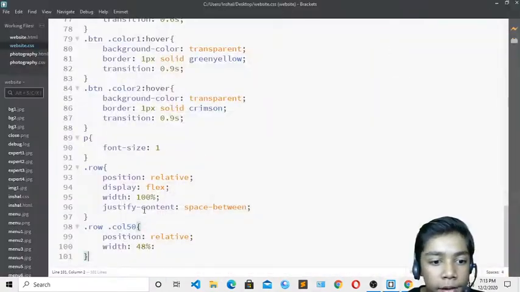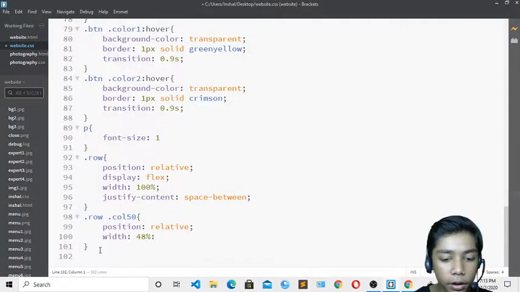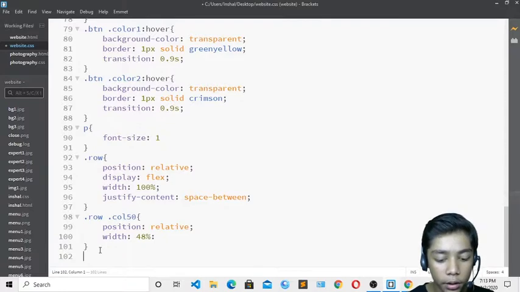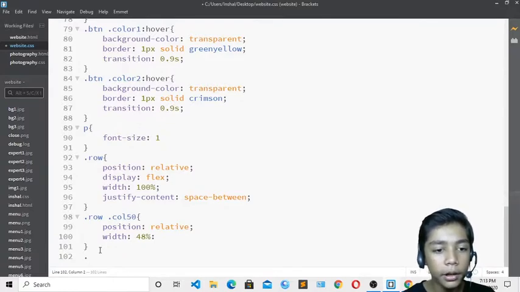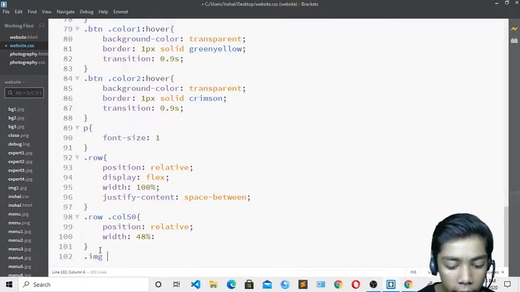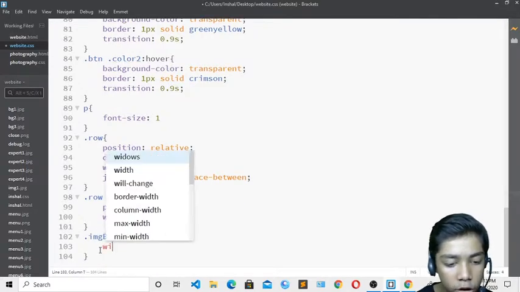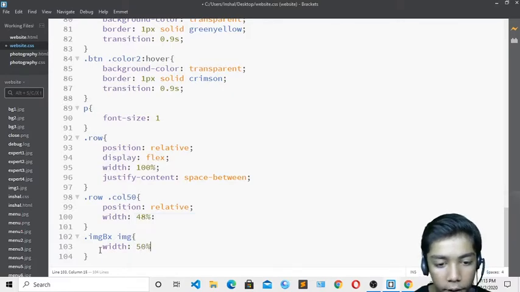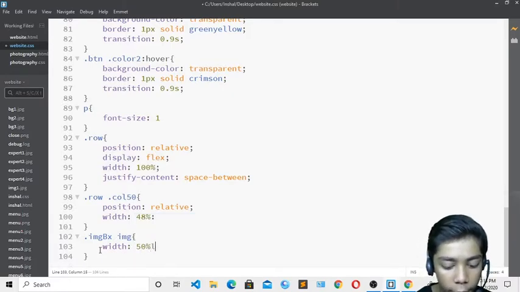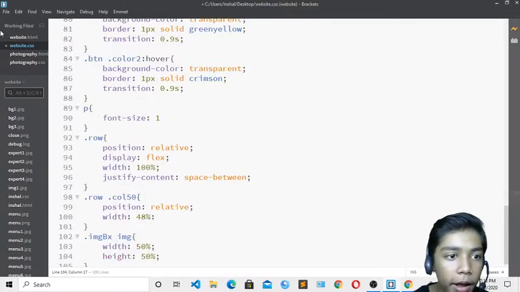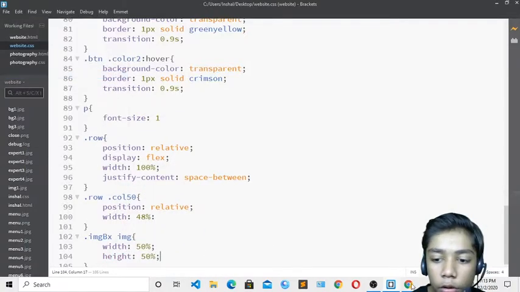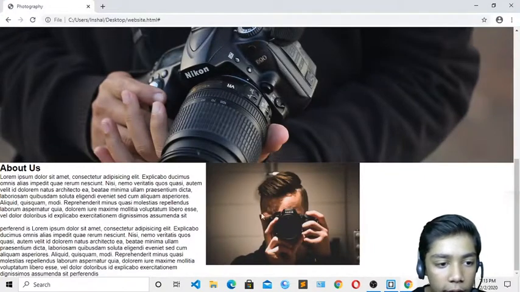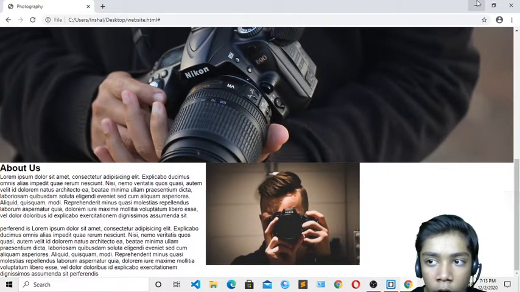I will minimize and write dot image box, and write image, and now my image should have a width of 50%, and height also 50%. If I do like that, save, and show you, you can see it is looking like that. Now it is done.